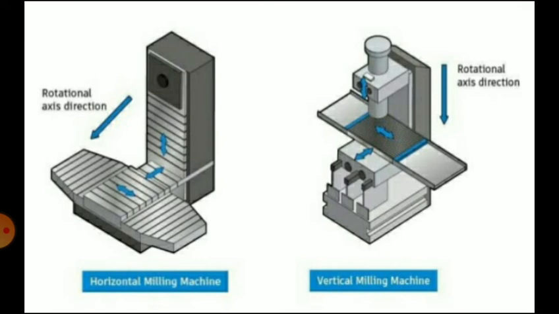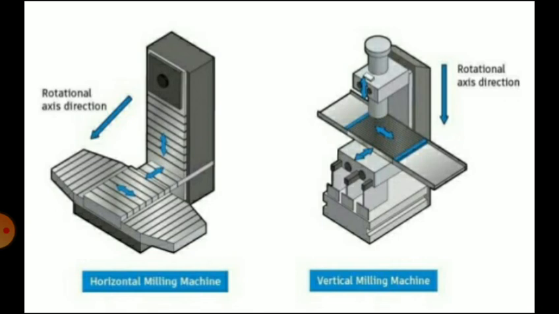In the second diagram, the vertical machining center has x-axis control for the table movement left to right, indicated by the arrow you can see on the table. Y-axis control is for table movement towards or away from the column. That arrow is indicated on the saddle, and you can see it clearly.